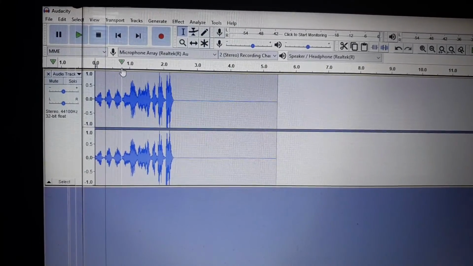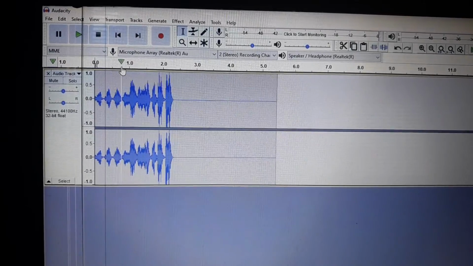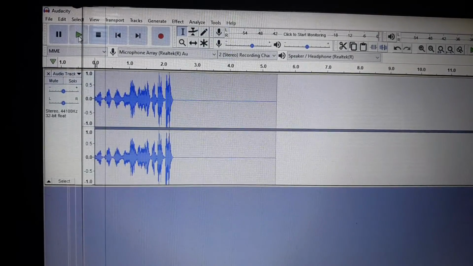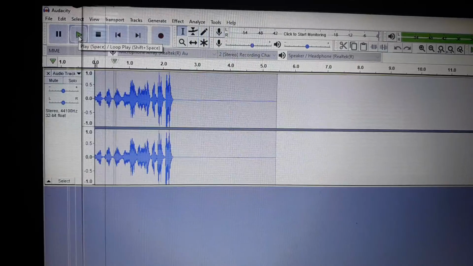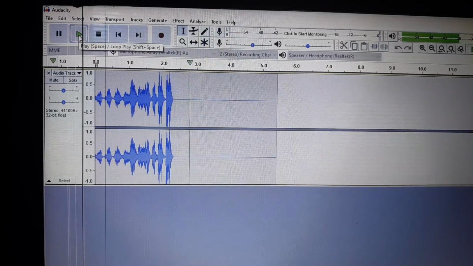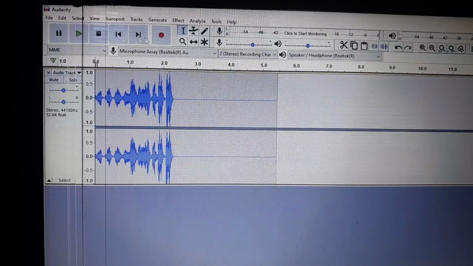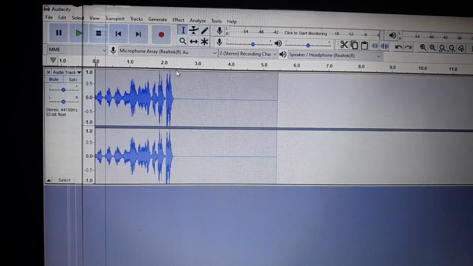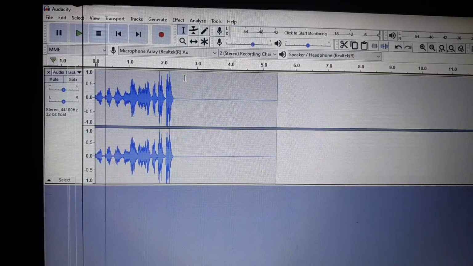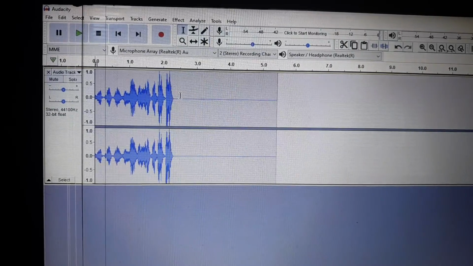So what I got here is a raw sample vocal of me saying check, getting progressively louder. Check, check, 1 2 1 2 1 2, check, check. As you can see, the waveform is obviously considerably smaller at the beginning than the end. So from here, what you're going to want to do is